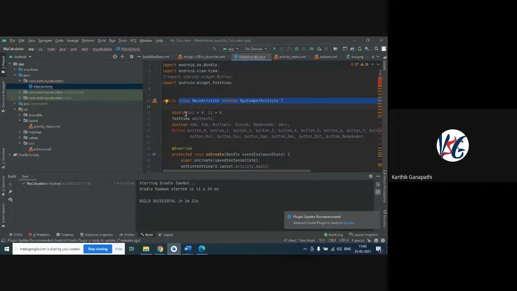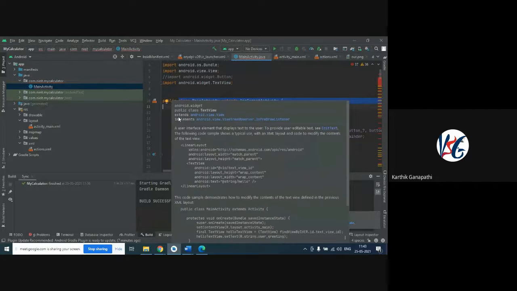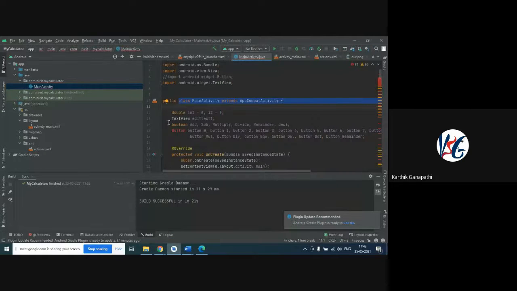Here double is a data type, boolean is a data type, but this button is a type belonging to Android. Something like text view belongs to type Android. So for this type of button, when you place the cursor on this, you can see import class is missing. Just import the class. If I click on this, the import of the button class will happen automatically. As you can see, I just commented this, but the import of this button happened here.